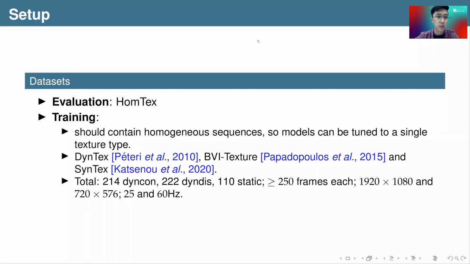Firstly, a little bit of setup. So the datasets we used include HomeText for evaluation, which is described previously. And to train the models, ideally, we would use homogeneous sequences so that each model can be tuned to a single texture type. Therefore, we make use of the publicly available homogeneous texture video datasets, including DynText, BVI texture, and Syntex. In total, we obtained 214 dynamic continuous textured videos, 222 videos that contain only dynamic discrete texture, and